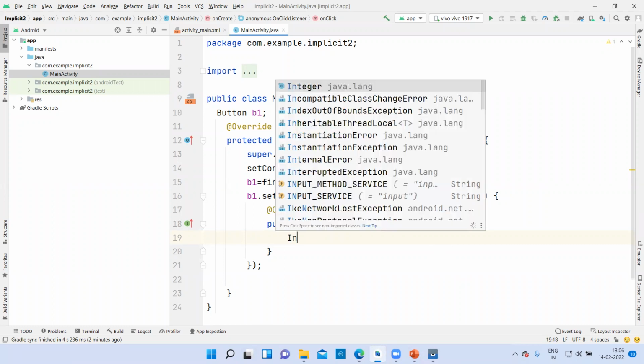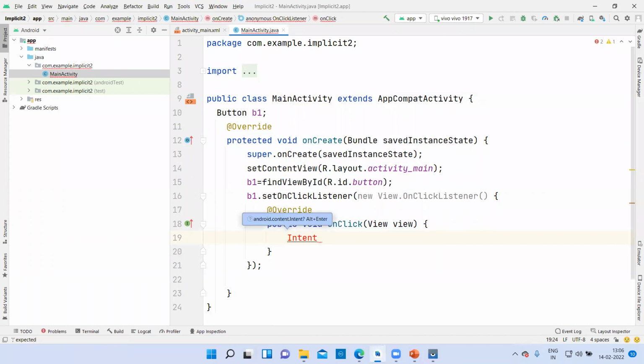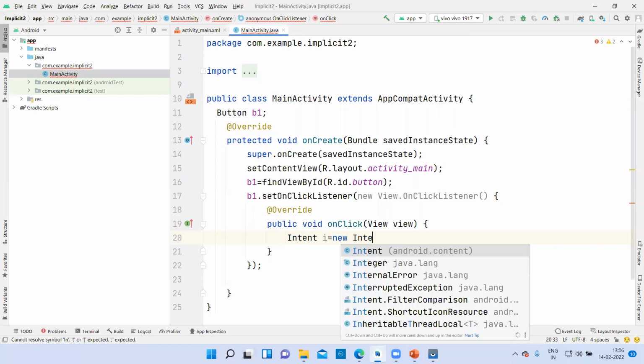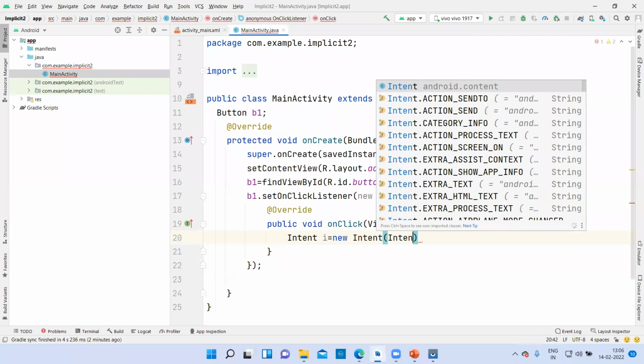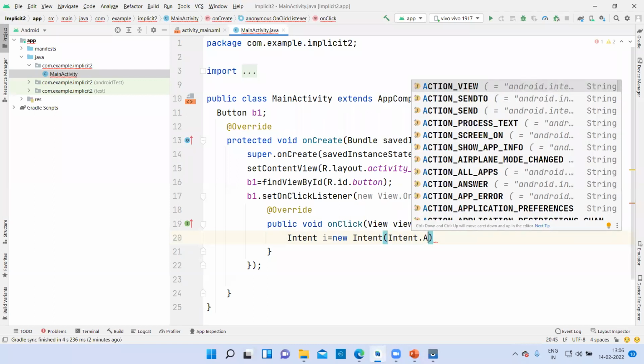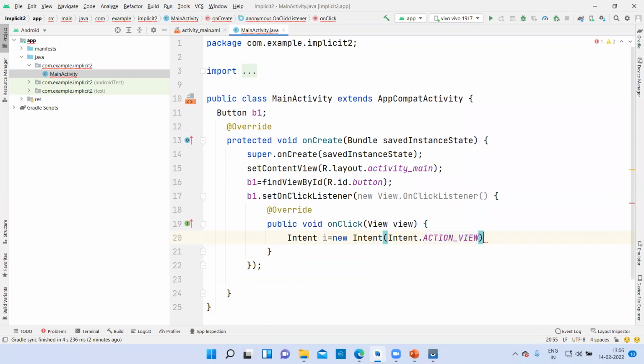Now let's do intent. I is equal to new Intent. Write down this new Intent, then pass on because we want to view the website in our activity. So website is a different program which is going to open in our own activity. That's why we are using the implicit intent, and we have some data to view. That's why we will use action view. Put semicolon.